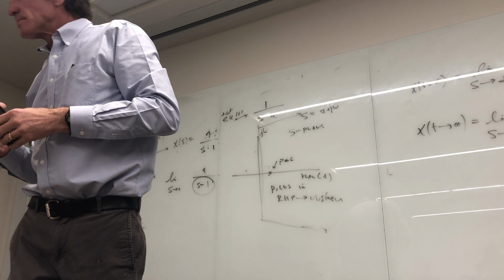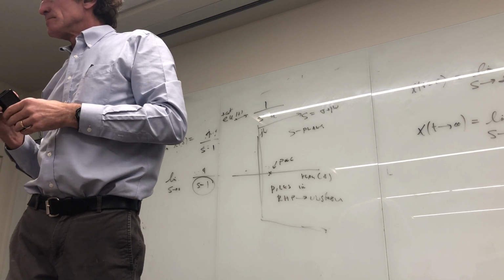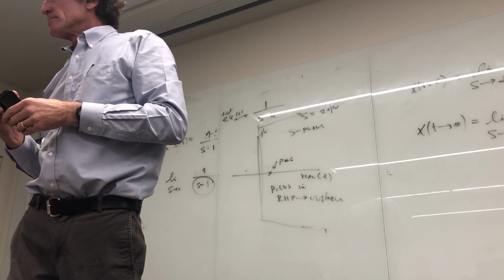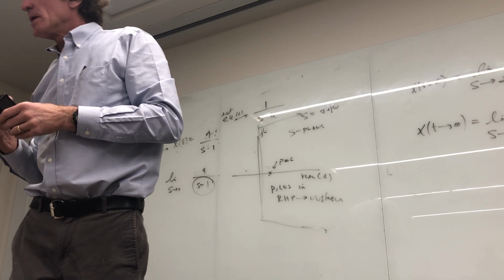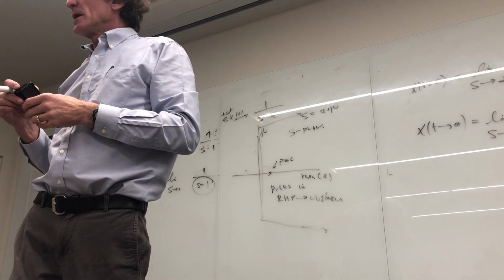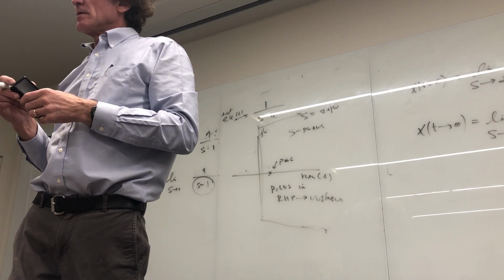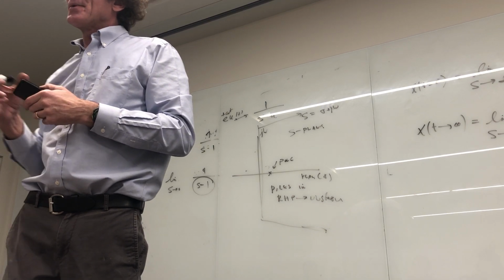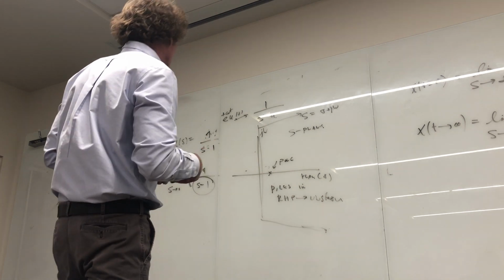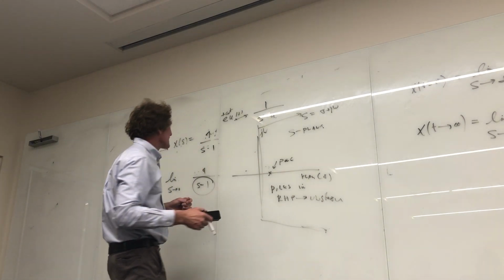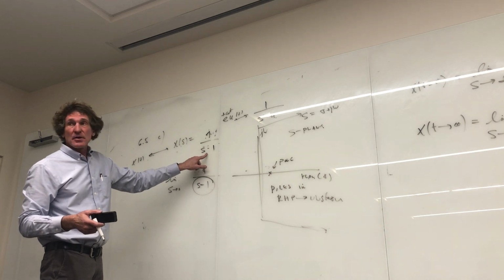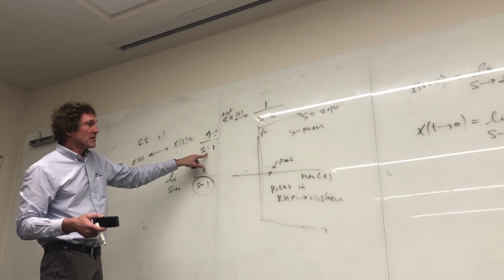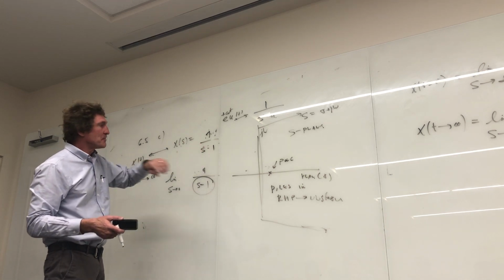On your answer for this one, you said a pole at s equals positive 1 implies that x of infinity is not infinite? What? It is infinite. The answer says infinite, not infinite. No, no. I think that, unfortunately, this right here has a pole in the right half plane, but the fact is this,